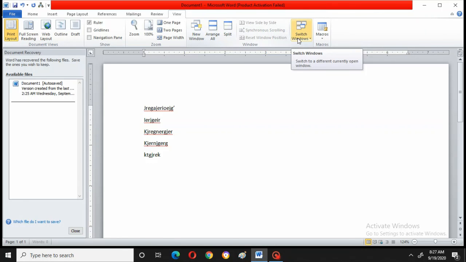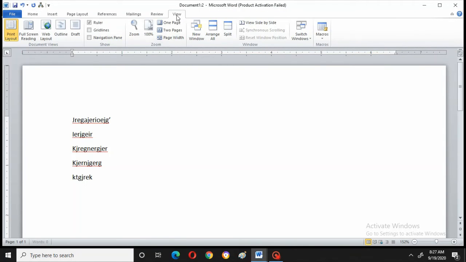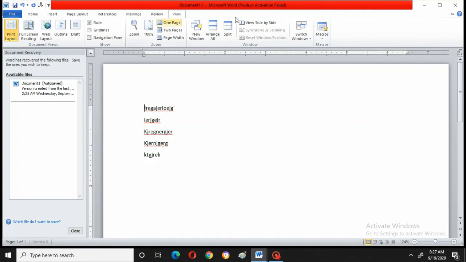Here, switch windows means if you want to switch from one window to another window, you can go this way also. As I said earlier, with the navigation pane also you can switch to different windows. Now you are in only one; I have removed two, that's why it is showing one. If you want me to show two, I will show you. I will create a new window and say switch windows. See, you got it now. Two windows are there, one and two. Now you are in the second document. Now I'll go to the first one. Understood?